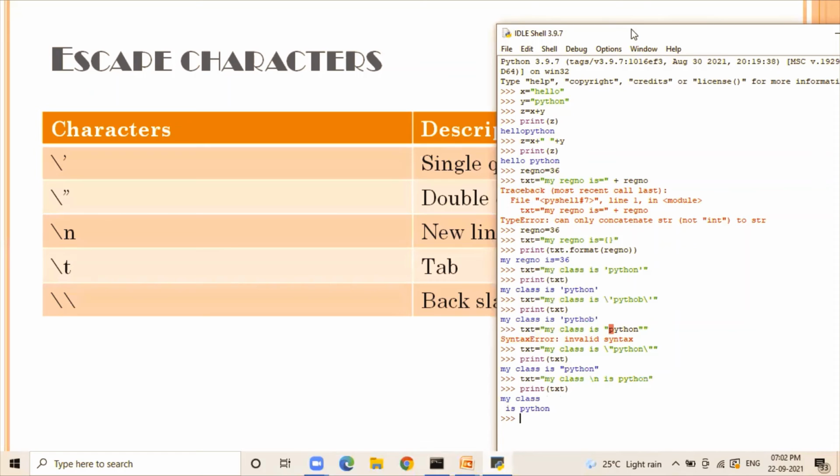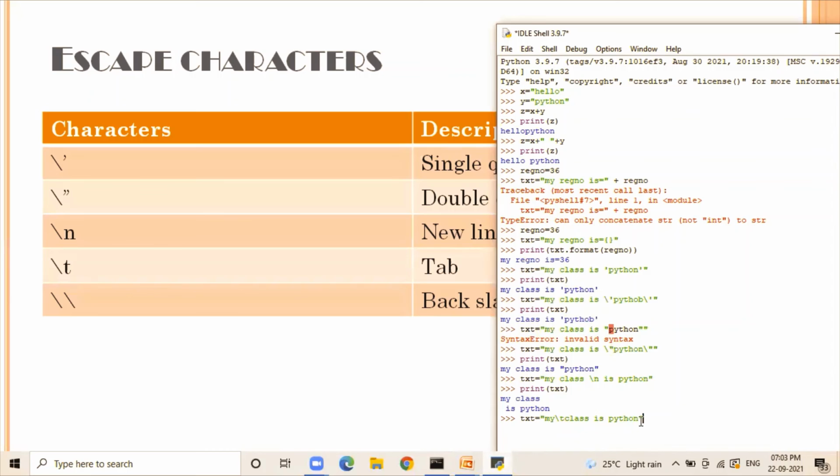And if you want to give a space between the words in a string, you can use backslash t to give a space between the words. My class is Python. Now you observe the text between my and class words of the string text.